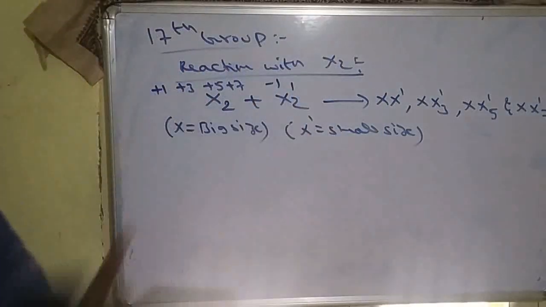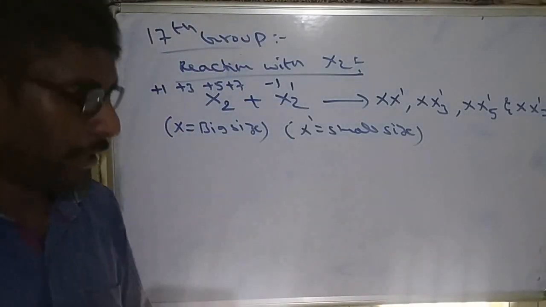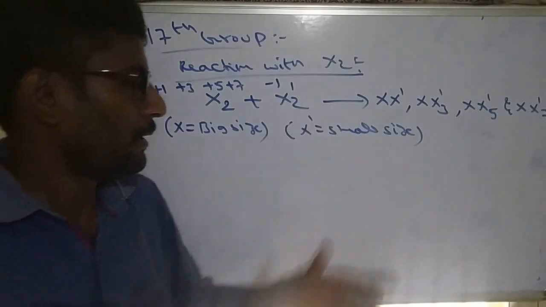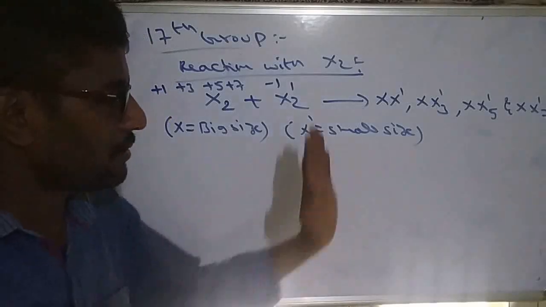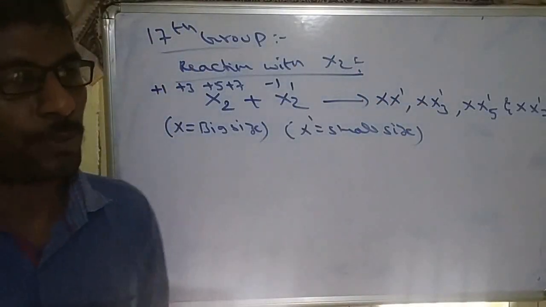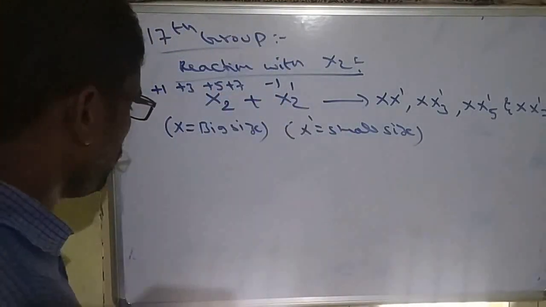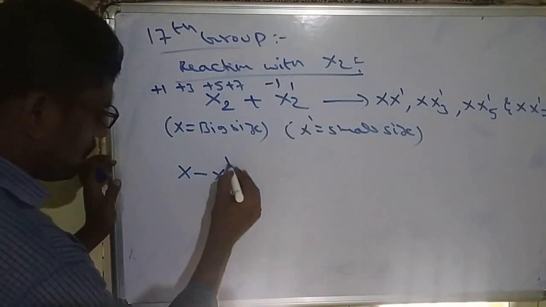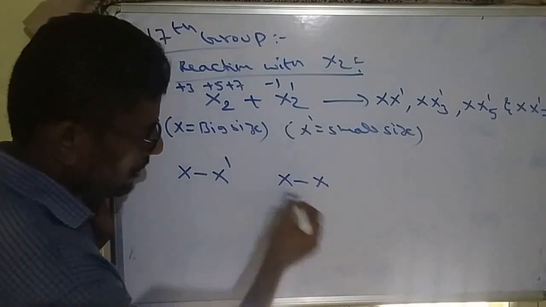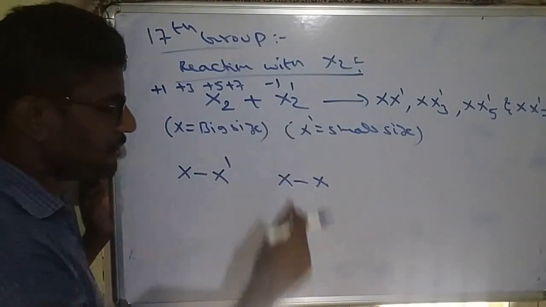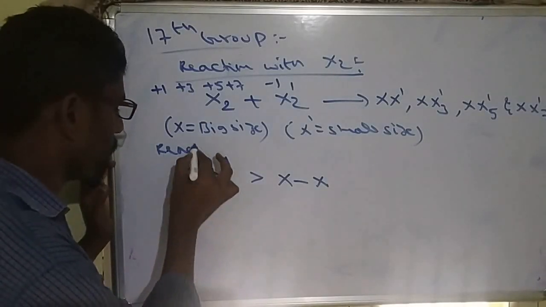So all these we call interhalogen compounds. This is most important. Interhalogen compounds are of 4 types: XX dash, XX dash 3, XX dash 5, XX dash 7. Here X dash is the small and X is the big size halogen. So two different halogens combine to form interhalogen compounds. For example, ClF: these two are different halogens, so this is an interhalogen. X2, this is nothing but a halogen, like F2 or Cl2, this is a halogen.